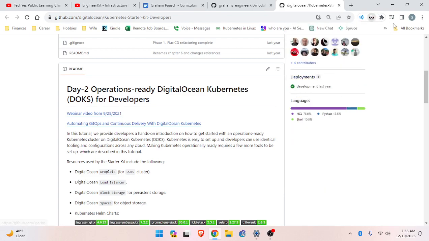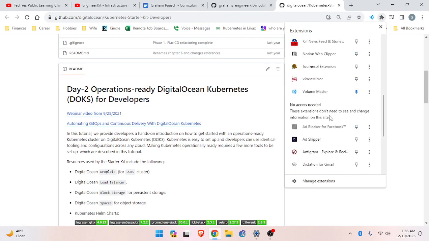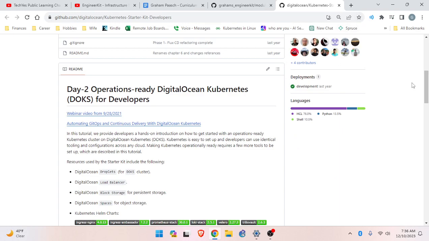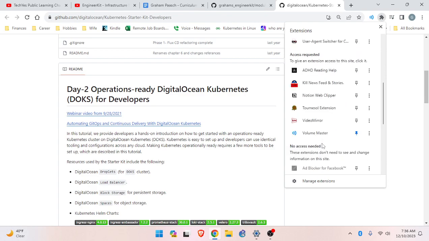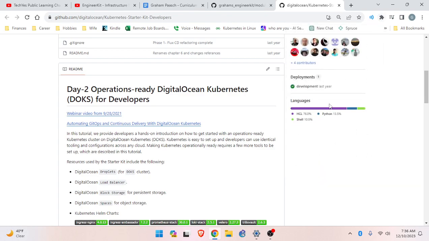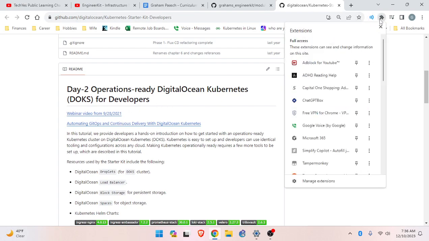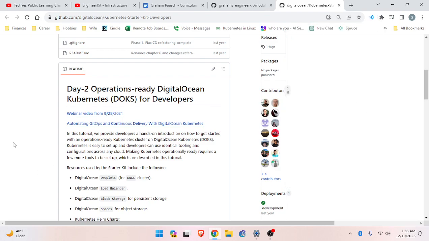I can click on these other ones, but I can't click on these here. Oops. Well, I can click on that one. But ADHD reading help, it looks like... Oh, I was able to click on it there. But see, even when I clicked on it... Oh, okay, perfect. Hey, look at this.